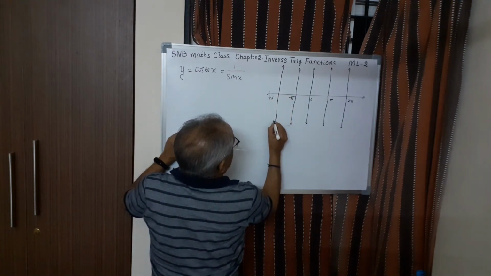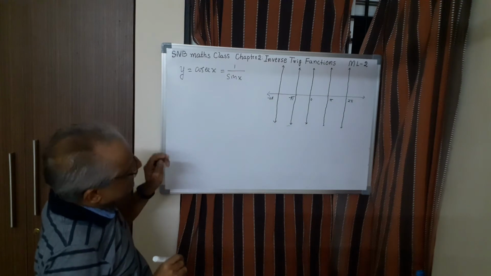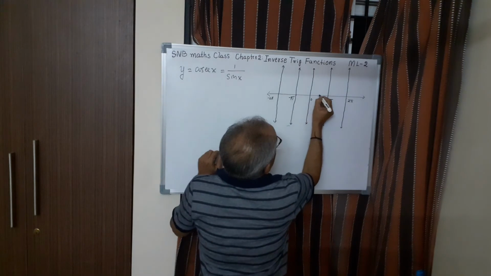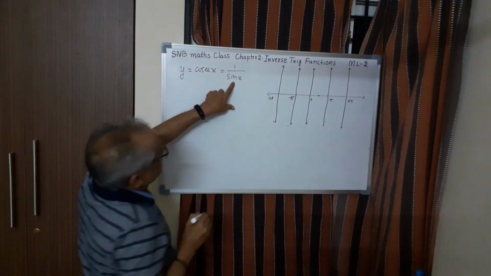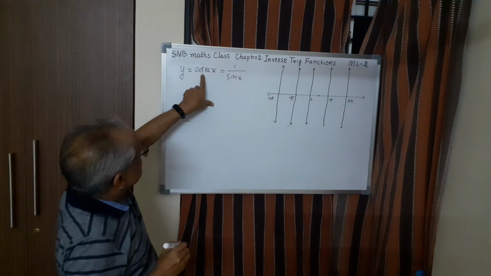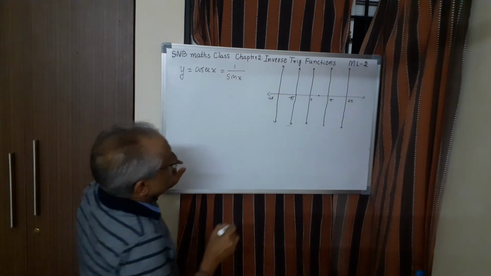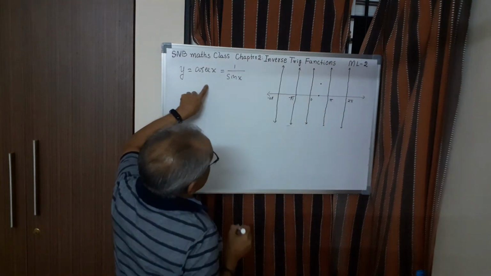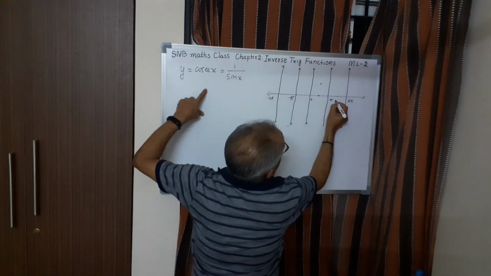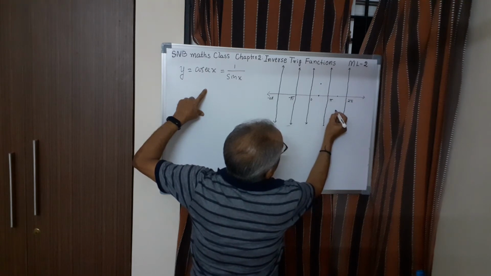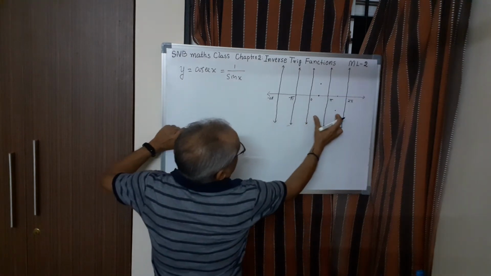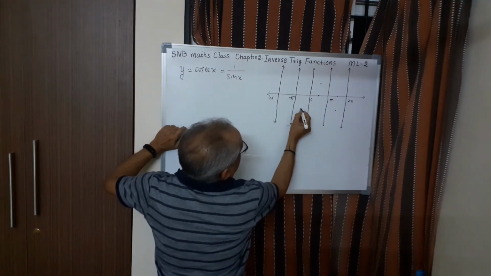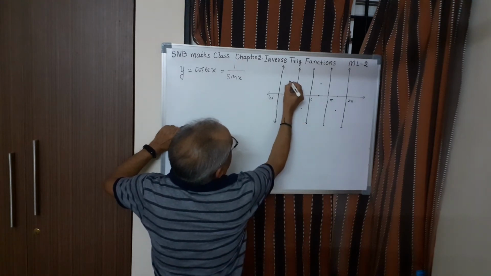See, normally to understand whether it is one one onto or not, it is better to have at least a few branches. Then pi by 2, if you take sin pi by 2 is 1, cosec pi by 2 is also 1 because 1 by 1, 1. So this is one value for cosec also. And similarly, if you take 3 pi by 2 here, it is minus 1 here. So it is alternate 1, minus 1, here plus 1. Here it should be minus 1 here. And here it should be plus 1 here.